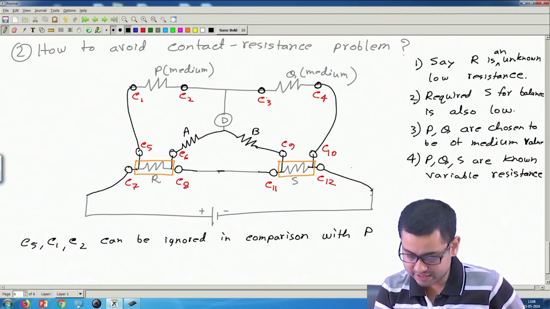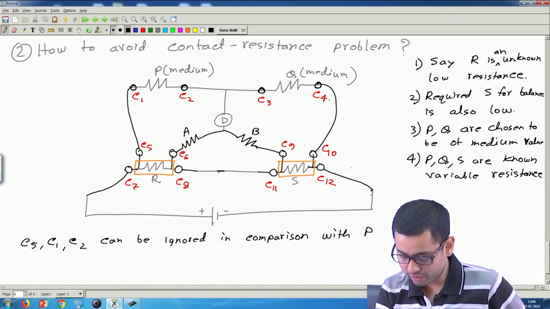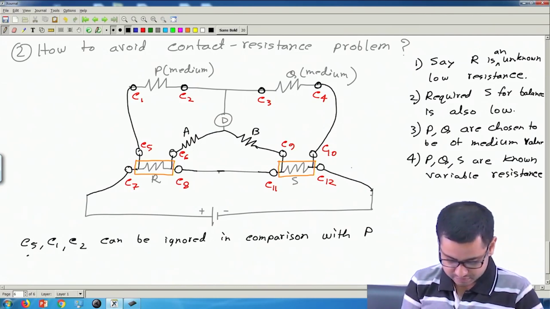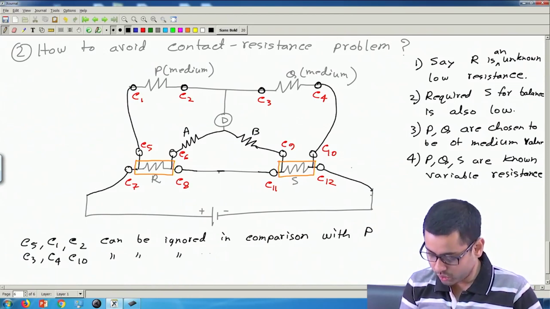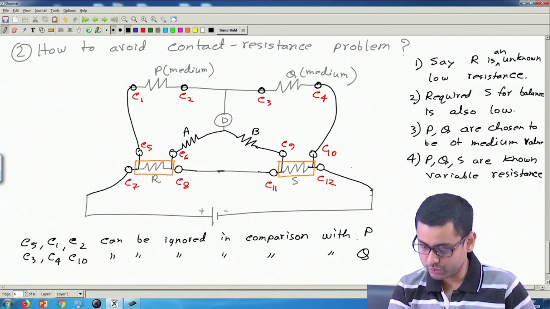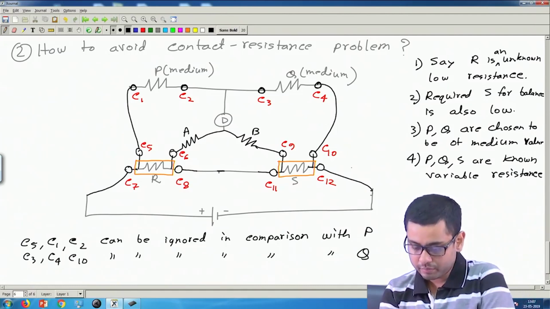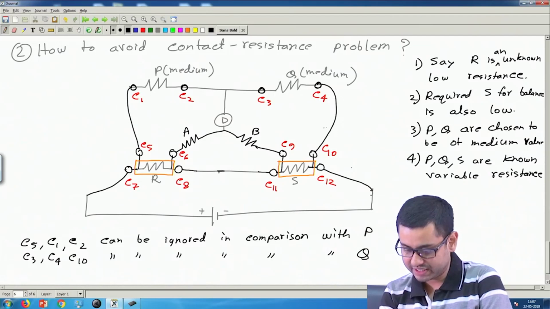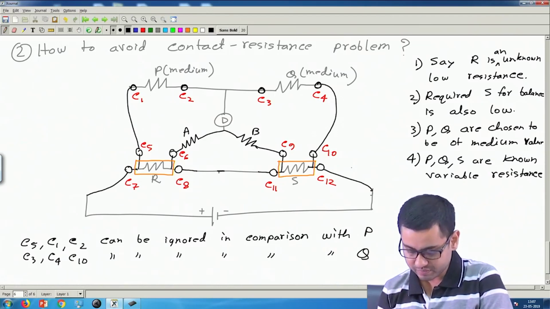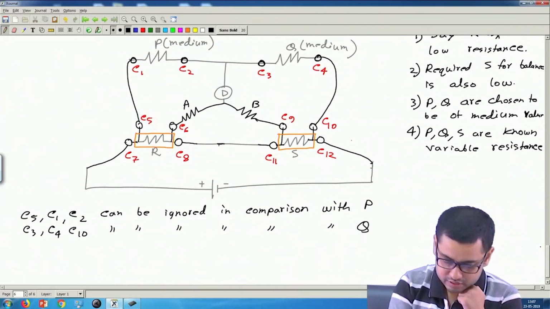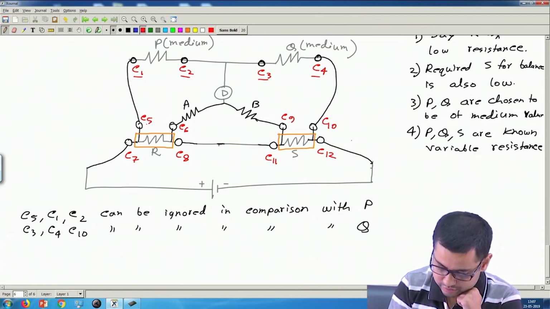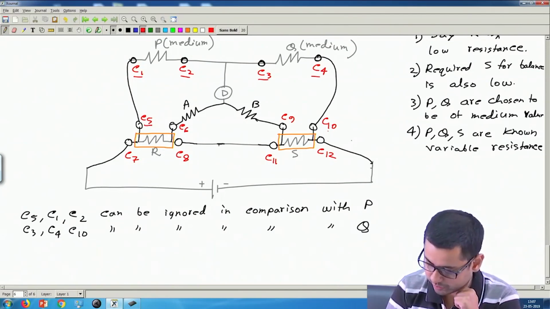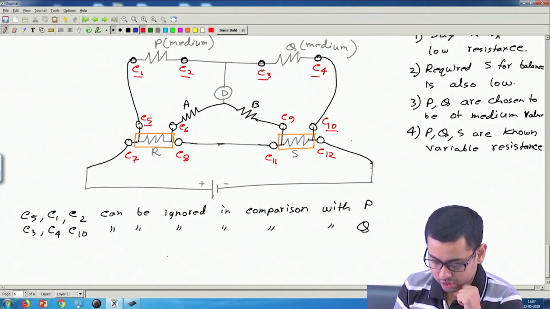Similarly, these resistances, say C3, C4 and C10, can be ignored in comparison with Q. Q is of a larger value than these contact resistances. So you can ignore these three. Okay, and so this is solved. This is not going to create much problem. Okay, now let's see